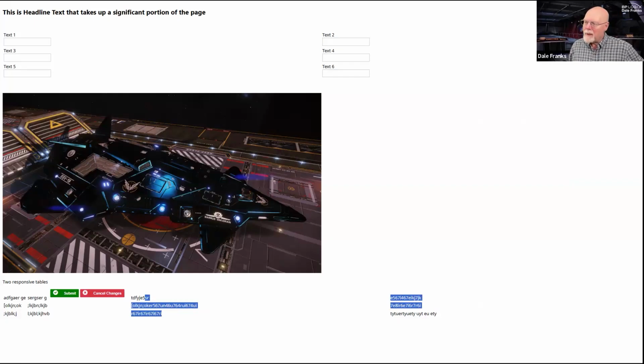And what's going to happen in Process Director, if I set it up that way with those two tables side by side, is when there's not enough width left, one table is just going to float below the other. So there are some little tricks that you can play around with for accessibility and responsiveness in Process Director. So you should just be aware that those tools are there. They are available to you.